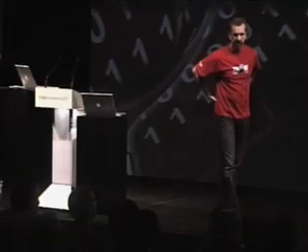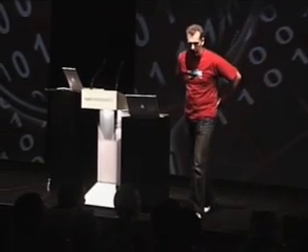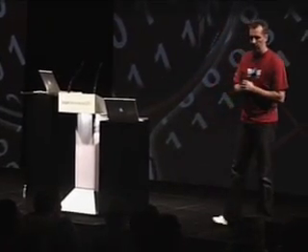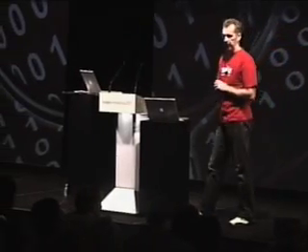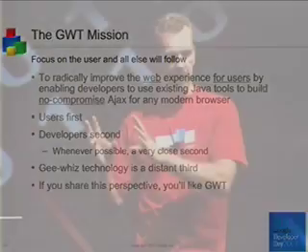So here's the mission that the GWT team set out with when they started a couple of years ago, to radically improve the web experience for users by enabling developers to use existing Java tools to build no-compromise AJAX for any modern browser. So what's important about this? For starters, the overriding focus here is what comes out at the end of your development. If there's ever a choice between doing the right thing for the users of the applications you're building and making it easier for developers, we'll always choose to make the end application the best possible for the user, right? With the developer coming in at a close second. And as you will see, this is a very powerful